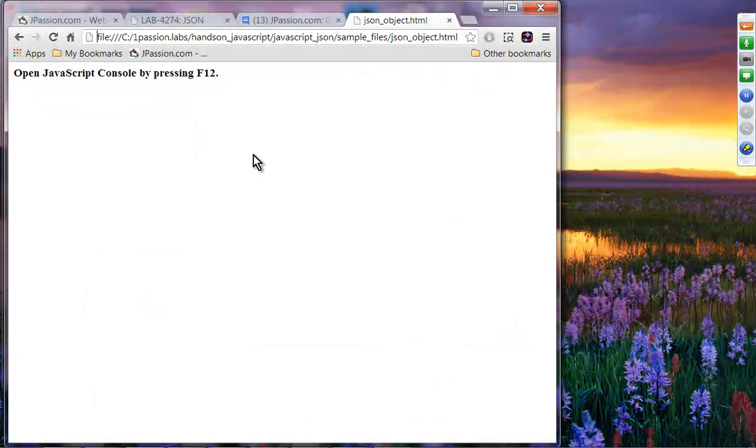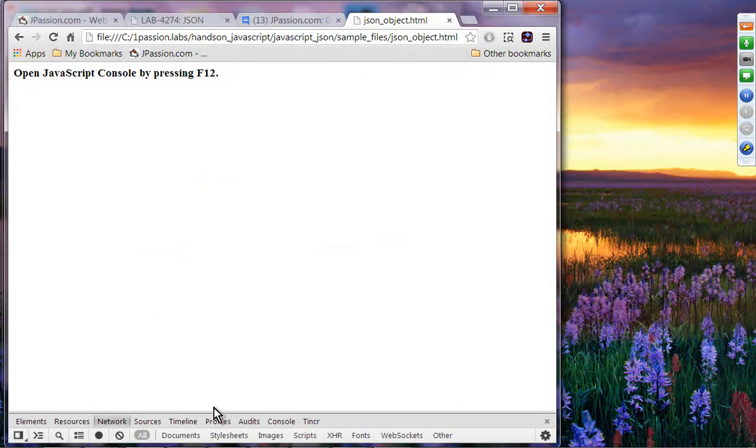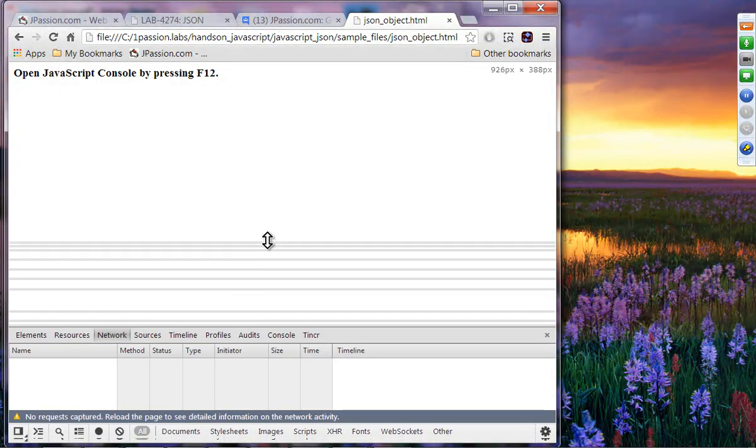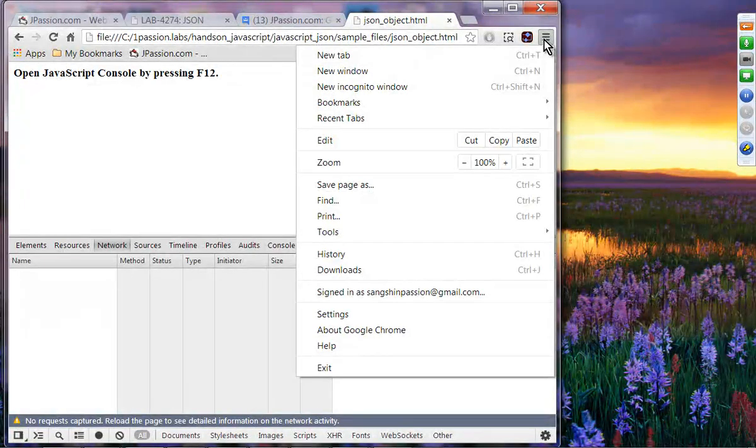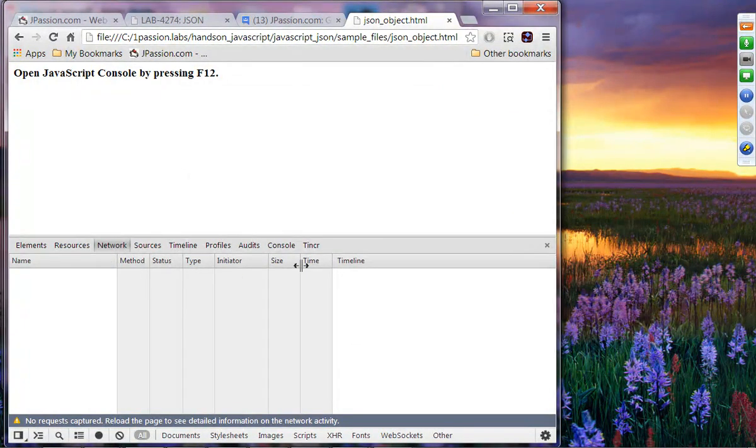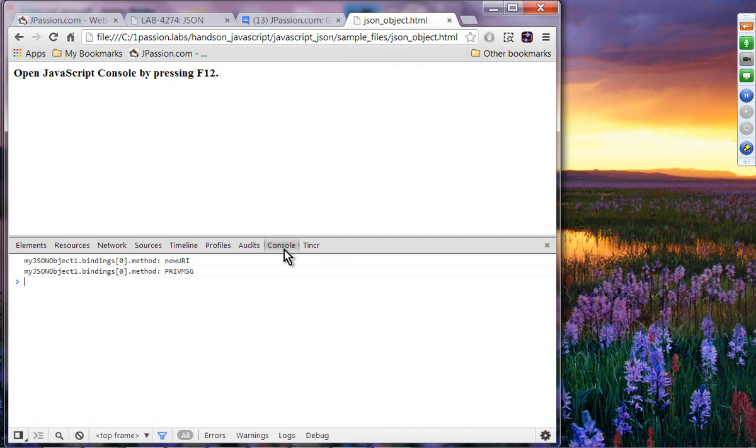Press F12 if you are using Windows to open the Chrome Developer Tools, or you should have another way of opening it as well. Here what we are going to do is open the console. So we are going to open the JavaScript console, and you can see it is accessing the JavaScript object. If you take a look at the sources,